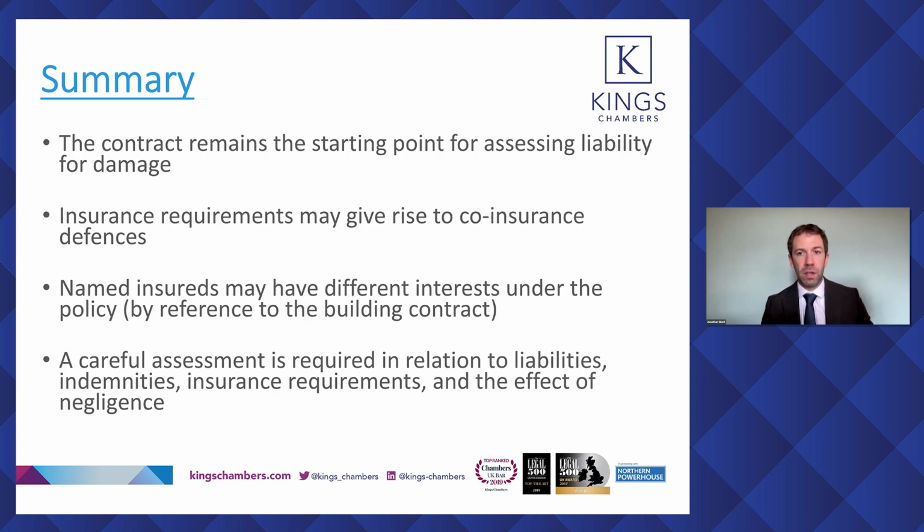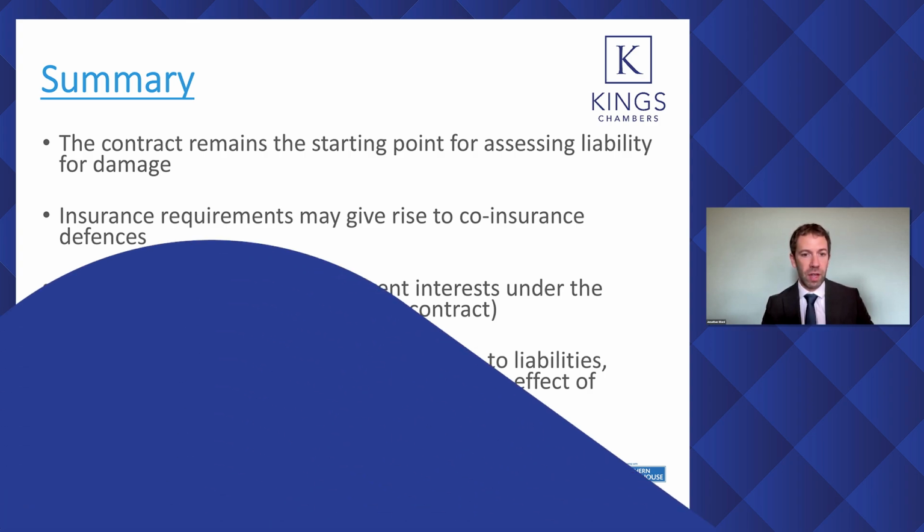So, for example, clauses relating to indemnities, extensions of time even, loss and expense, specified perils, insurance, they may well be under different provisions. But if you start tinkering with one of them, you need to be very careful to consider how the amendments will affect that overall scheme. And you might find that an adjustment to who's bearing the risk of one specific matter has wider consequences for the project and insurance. So those are my observations on co-insurance and the defences that might arise.